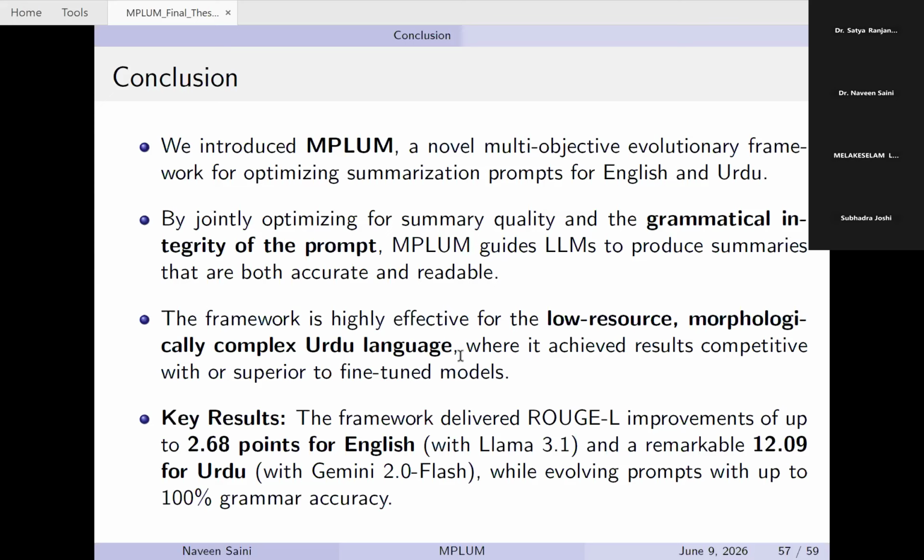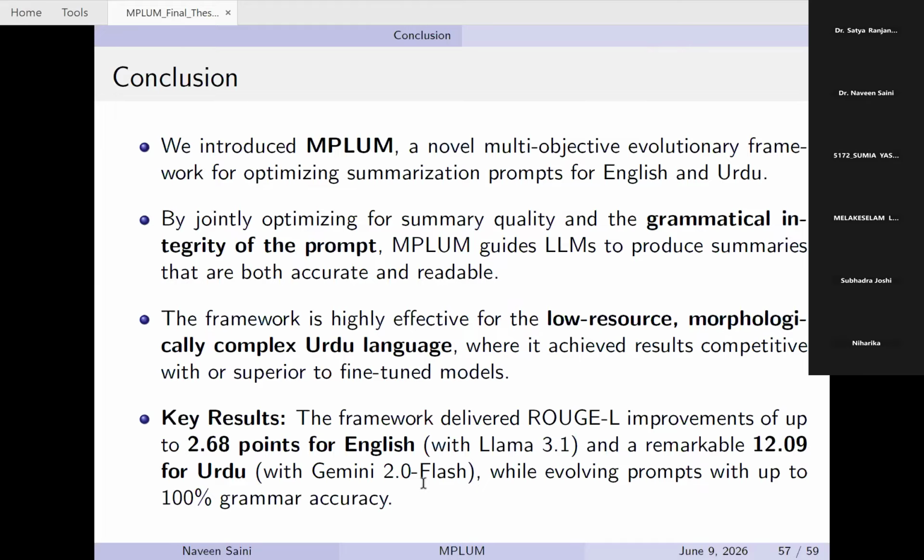However, we have not tested on other languages. The framework delivered Rouge improvement up to 2.6 points for English with Llama 3.1 and a remarkable 12.09 for Urdu language using Gemini. It is yet to be tested on other languages because my students are currently exploring other languages in parallel, like Hindi, code mix language, Tamil, and Malayalam. Malayalam we have already tested, but the work is communicated and under